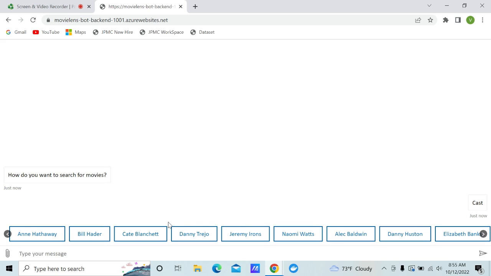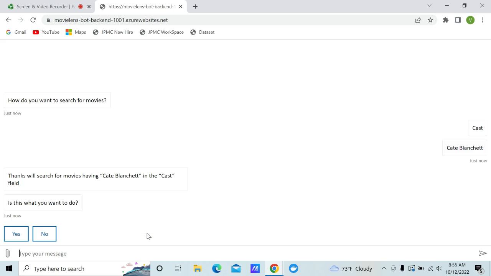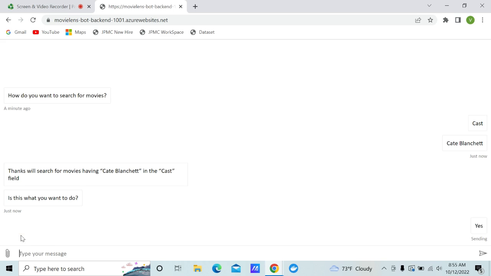So if you pick any of these, okay, Blanchett here, then it's going to ask. This is a multi-step, multi-turn prompt demonstration. So it's actually not required to ask for another confirmation, but just to prove out that we can do something like a multi-turn prompt and keep state. This is a demo just to achieve that here. So this is asking, this will search for movies having Kate Blanchett in the cast field, which is what you want to do. Yes. If you say yes, it is going to actually send back a search query to the